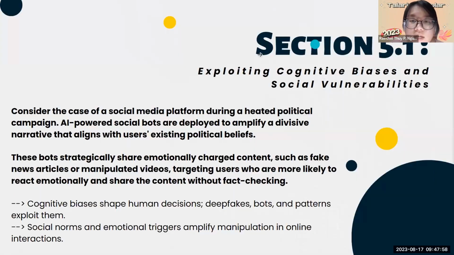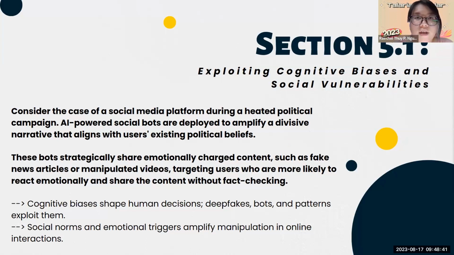So the next section is exploiting cognitive biases and social vulnerabilities. From the three previous case studies, we can realize that the first damage being caused to people right now is that it can exploit our cognitive biases and social vulnerabilities. Consider a social media platform during a heated political campaign, where AI-powered social bots are deployed to amplify a divisive narrative